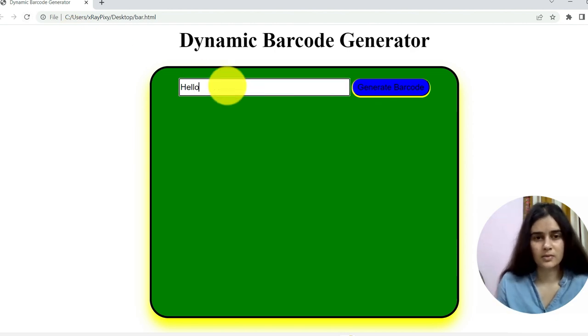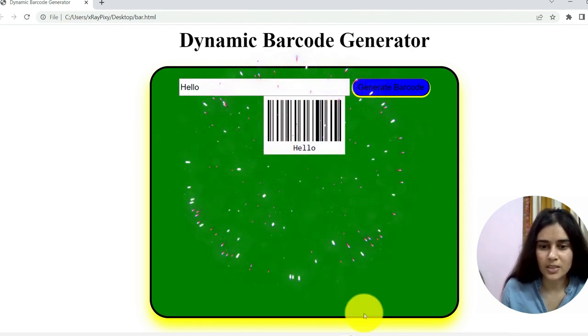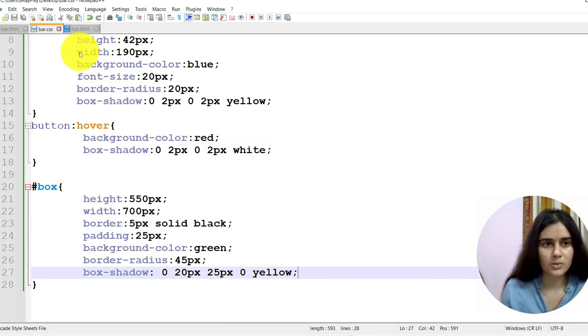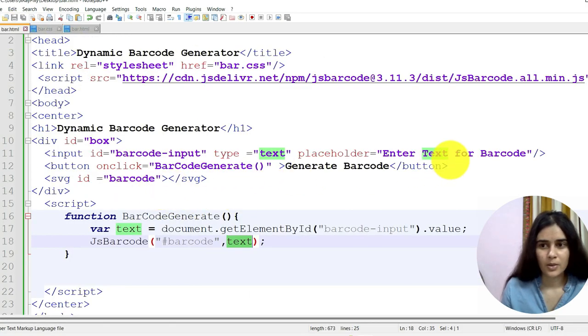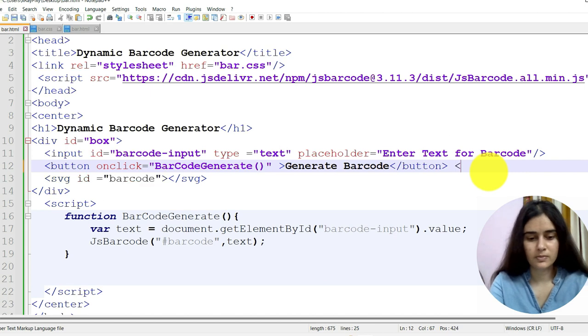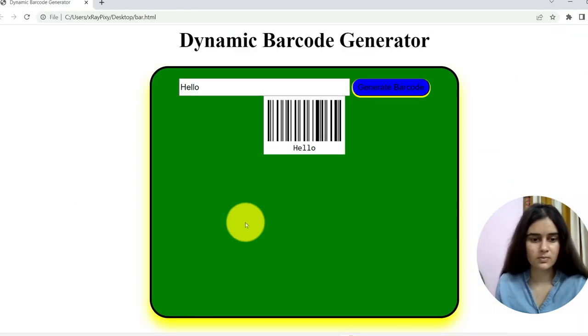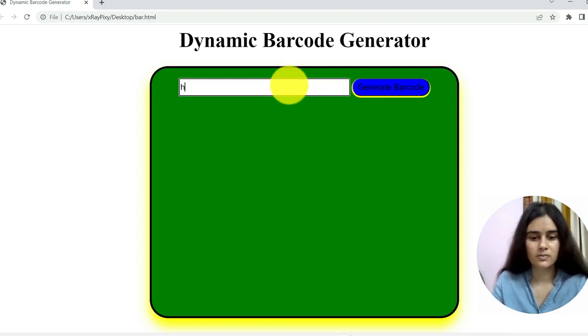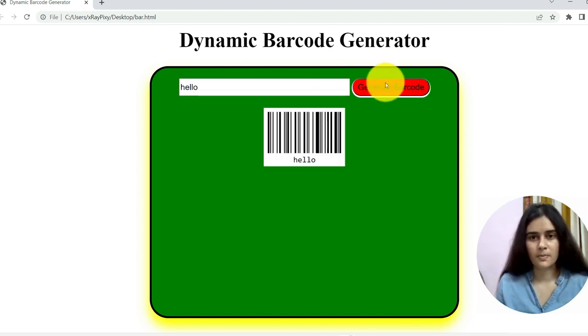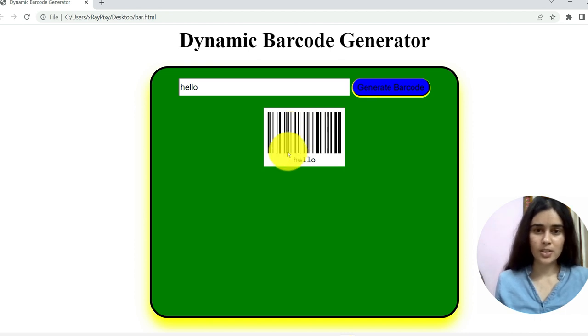Enter here any text. Barcode is generated. What you can see here, it is attached. Now we will apply here break tag. So you can see the barcode is now generated.